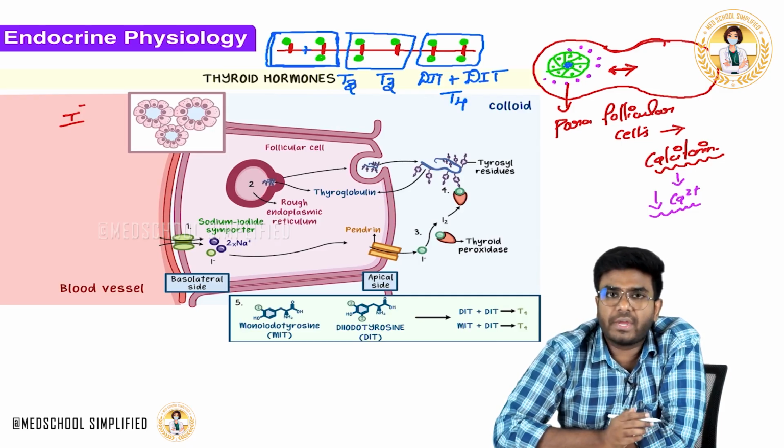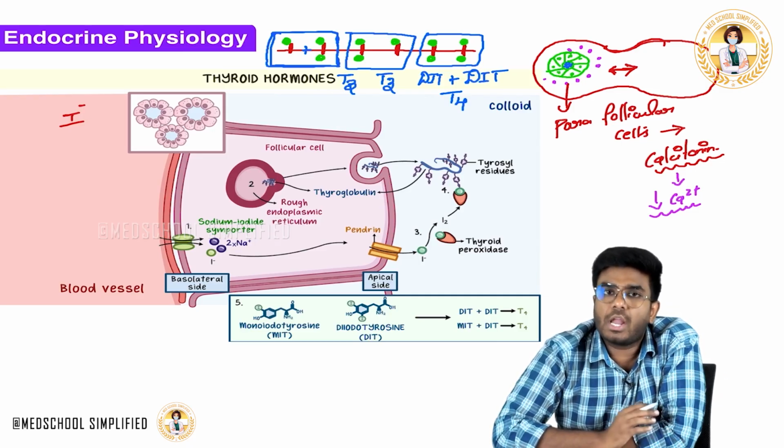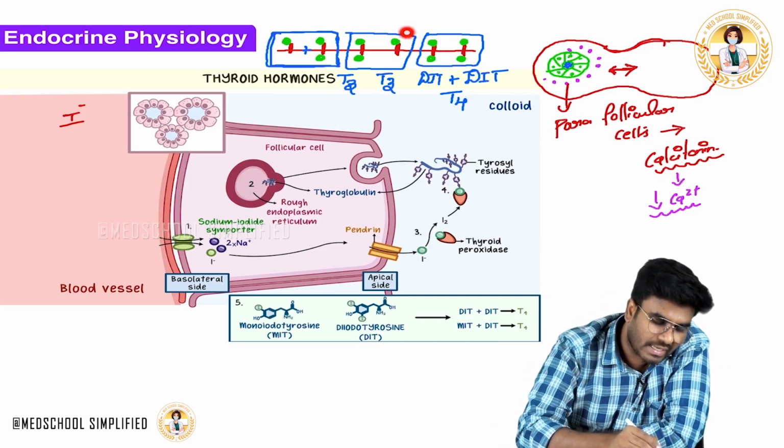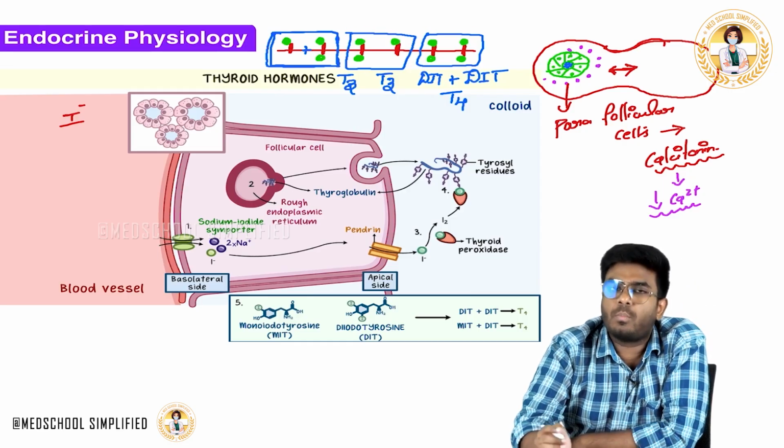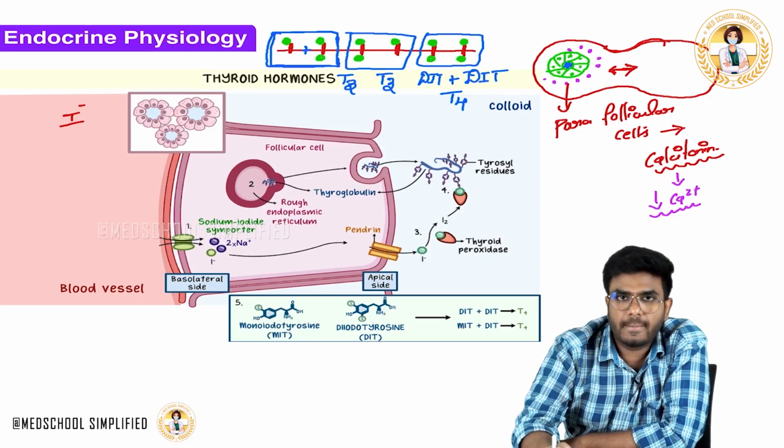Organification means the addition of the iodine onto the tyrosyl residues. And the last reaction is called the coupling reaction. Okay, coupling. So in the coupling reaction, what happens? A monoiodotyrosine molecule binds with